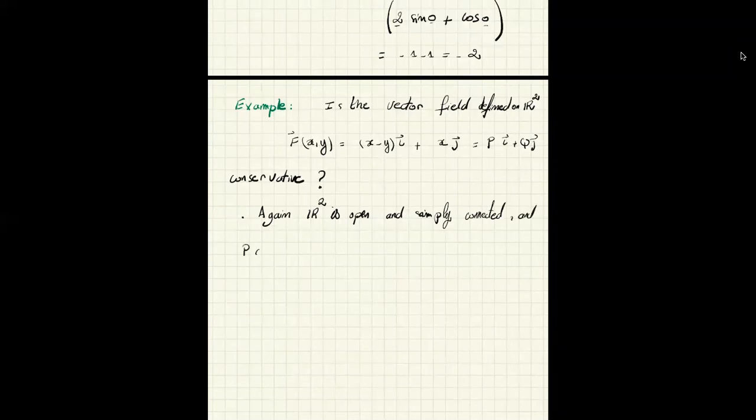And P and Q are C1, which means continuous first order partial derivatives. I mean, almost all the cases will be like this. These are two polynomials. When you take the partial derivative, the first one is 1 and -1, and the other one is 1 and 0. So okay, here